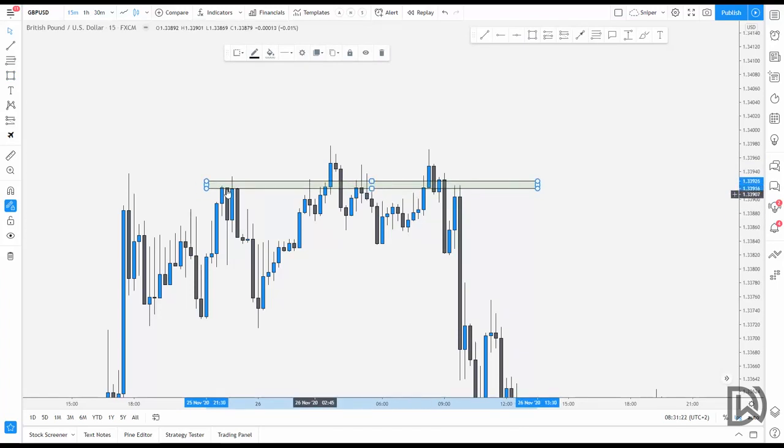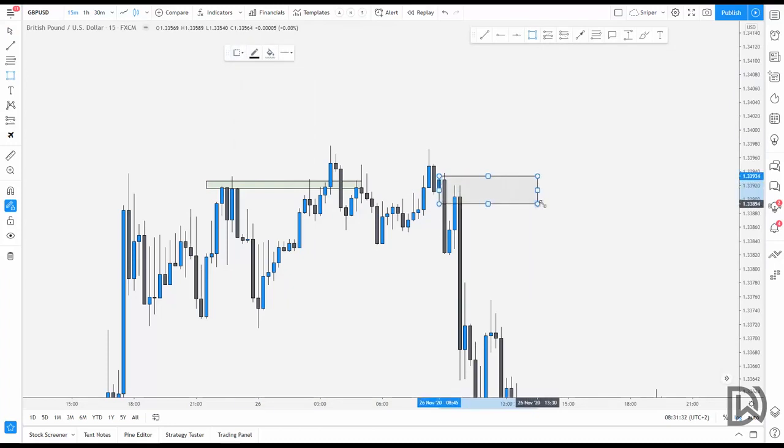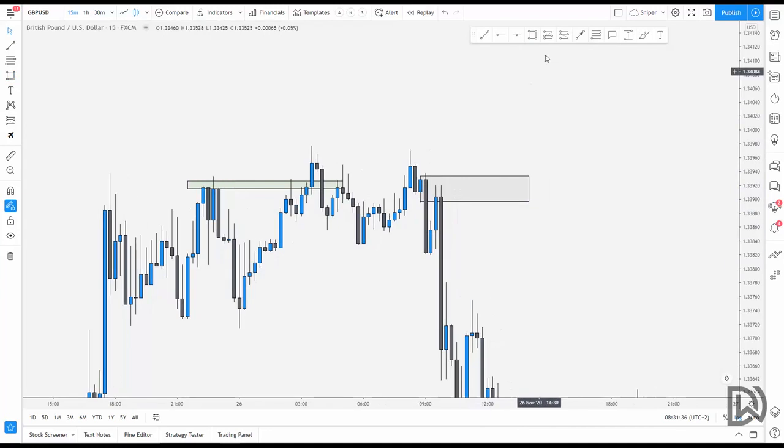We have this one as well, but we have this one from the top, price coming back into it. But again, we also have an order block. So we have this order block over here, and we can see price breaking that candle, breaking that range. We have the up candle, and then we have this down candle,